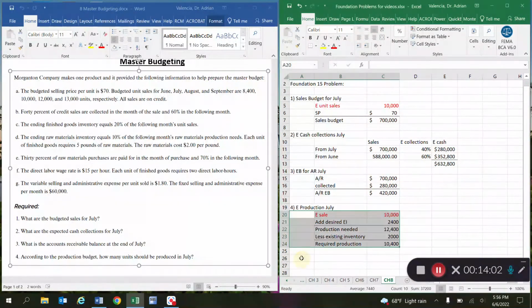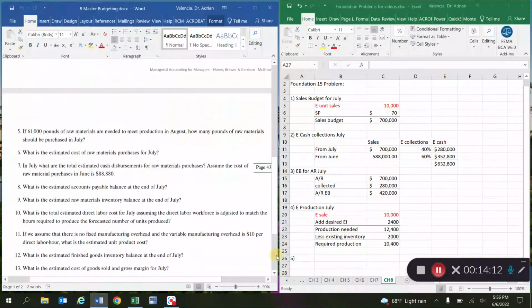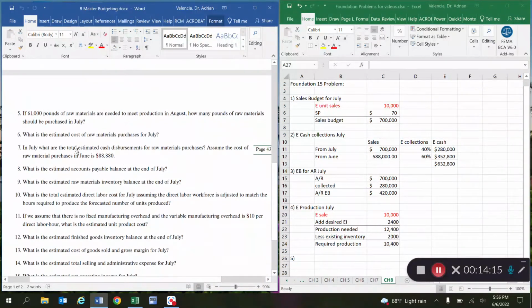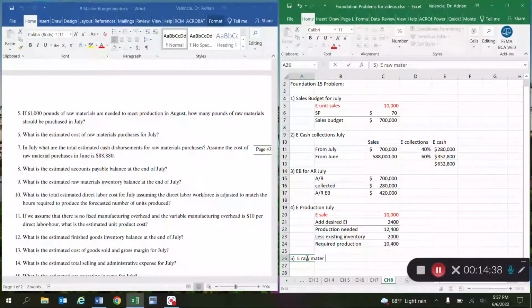Okay, so let's move on to number 5 here. And now that we know how many units we need to produce, let's look at the resources needed to produce those units. So question number 5 says, if 61,000 pounds of raw material are needed to meet production in August, how many pounds of raw material should be purchased in July? Well, really what we're looking for is the expected raw material to be purchased